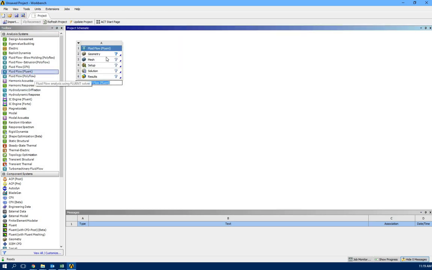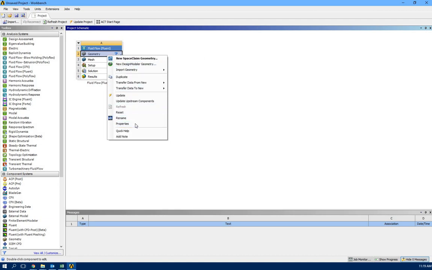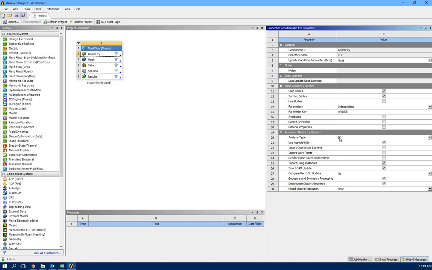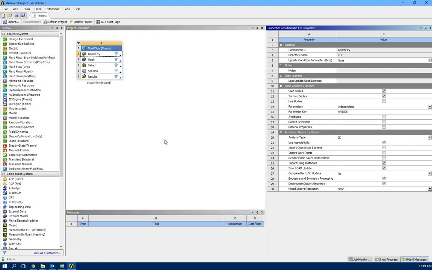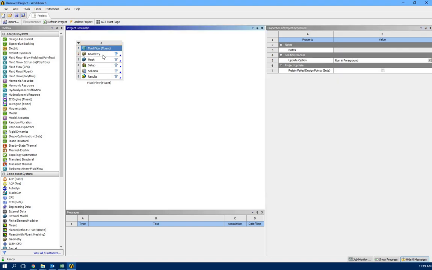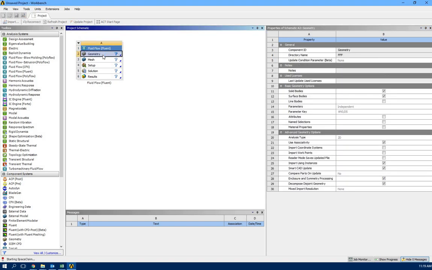So let's open Fluent, and now I want to specify I would like to have a 2D case, not 3D. So right click over geometry, open properties, and now you can have this analysis type. I'm going to select 2D, so ANSYS from the beginning is going to know it is going to be 2D. Double click over geometry to open SpaceClaim,